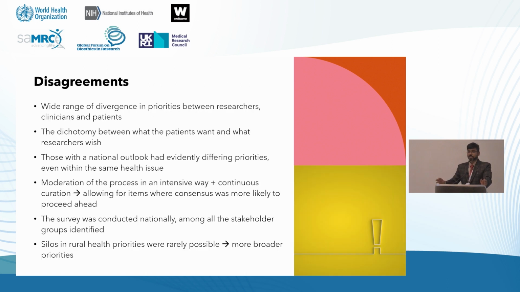Now the last ethical issue that we faced was disagreements. We did expect disagreements. We tend to agree very little when we have very different views, as we do in India, but we expected some divergences in opinion. However, the level of dichotomy between two particular groups, what the patients or the community members are asking for and what the researchers want to do, was very, very stark. This was something which we did not expect. The level of divergence was very stark.